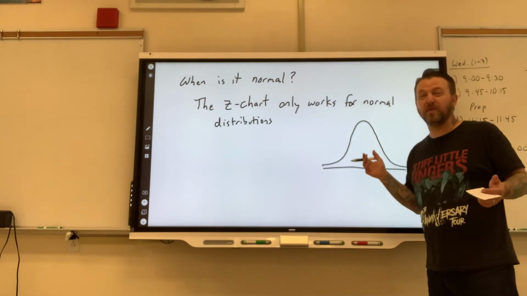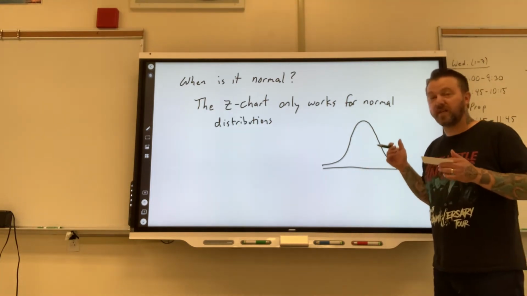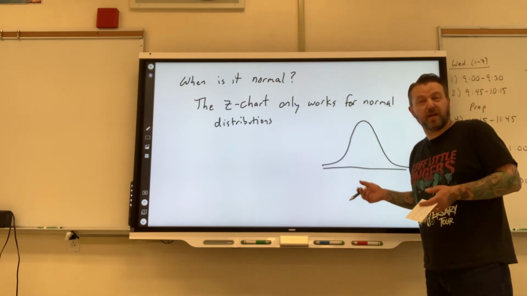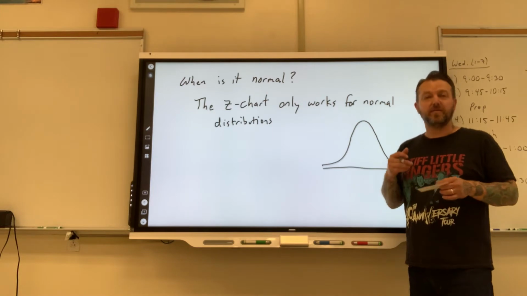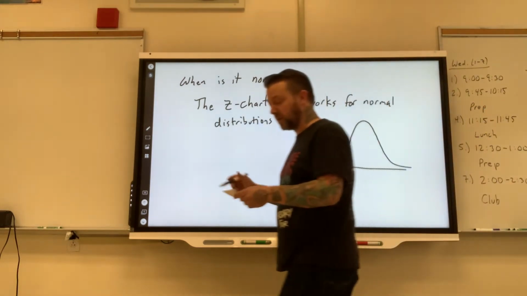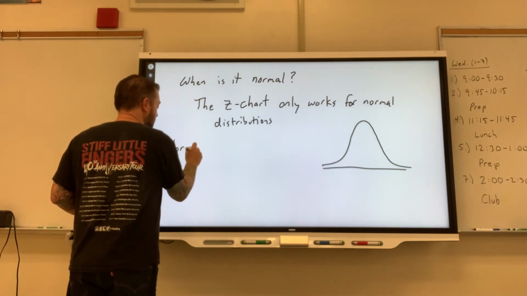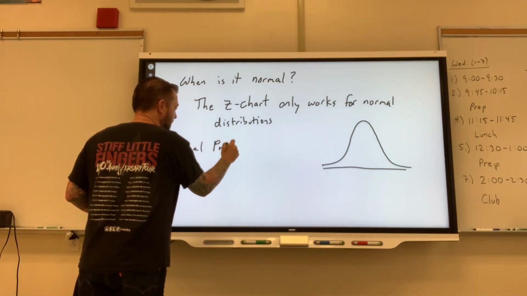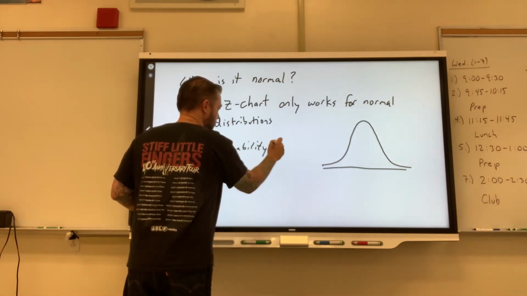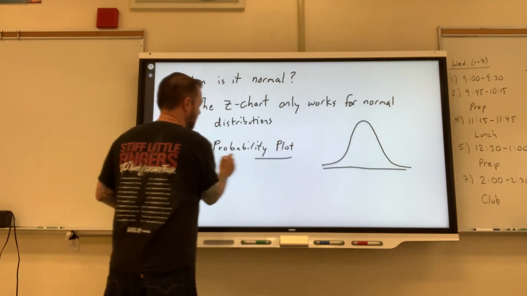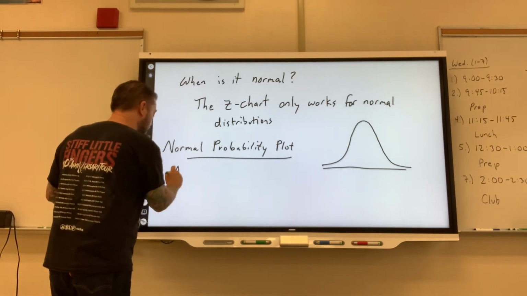Now, what if we just have data? How are we going to be able to tell? We could do a histogram, but a histogram doesn't always tell us the whole thing. So what we're going to do is do what's called a normal probability plot. Now, a normal probability plot is a scatter plot,